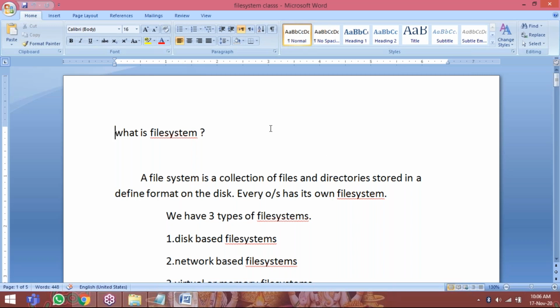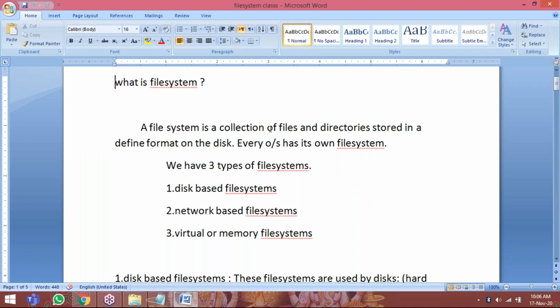Next, generally we have to learn what a file system is. For example, what is an operating system? An operating system is nothing but a collection of software programs. These operating systems depend on file systems only. Whenever you install the operating system, generally we say, I formatted my laptop. In which file system did you format? Generally nobody knows, only somebody who has some IT knowledge. Formatting means whatever space you selected on the disk, you are creating a particular table, and that is nothing but a file system.